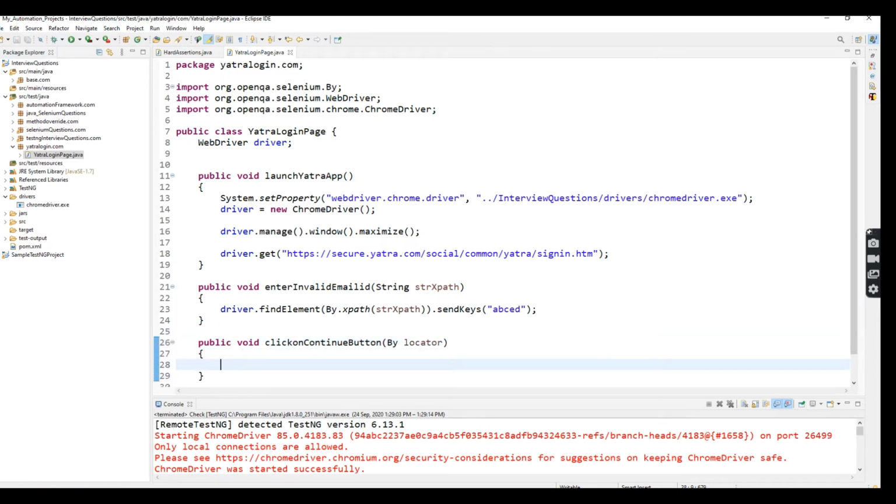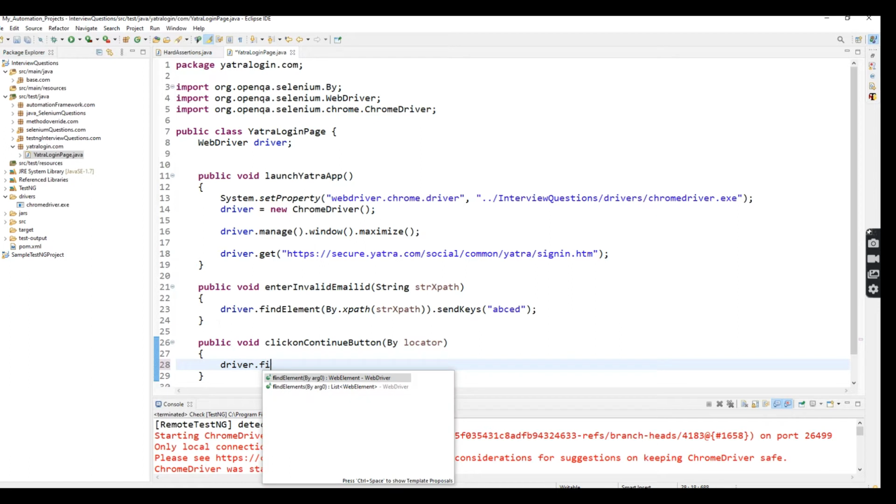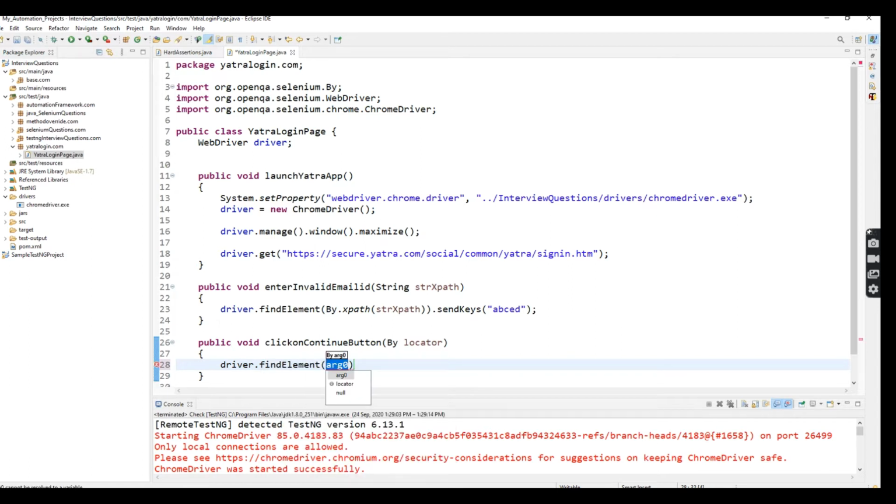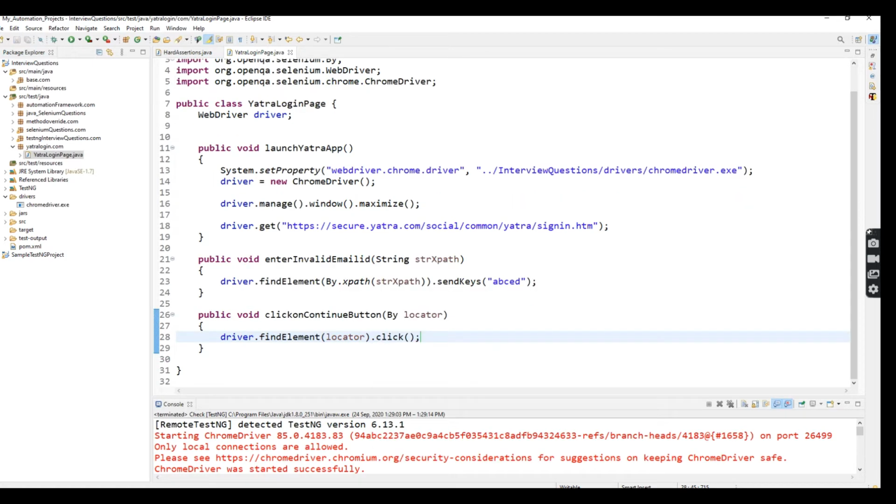So here you have to know very well what the difference is between String and By. Okay, driver.findElement. I already returned that By one, so I directly pass this variable inside findElement, locator. What action am I going to perform here? Click. So here I'm using click. So the 3 methods are completed.